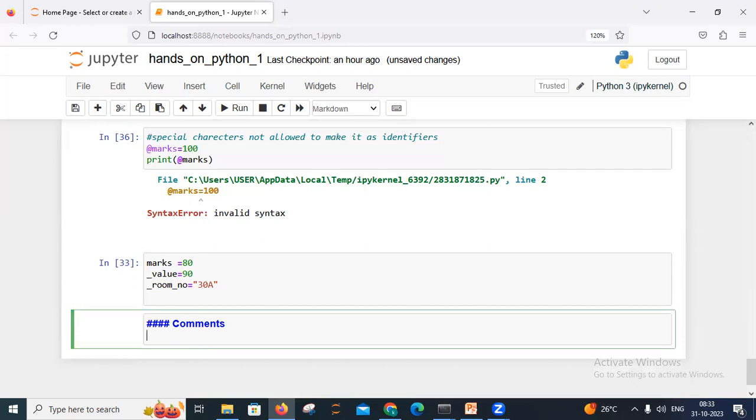So what is a comment? A comment in Python is a piece of text in your code, right? And that is not executed. We can write this code, but it's not executed. It's typically used to explain what the code is doing or leave notes for developers who will be reading or maintaining the code. So as a definition, we can say